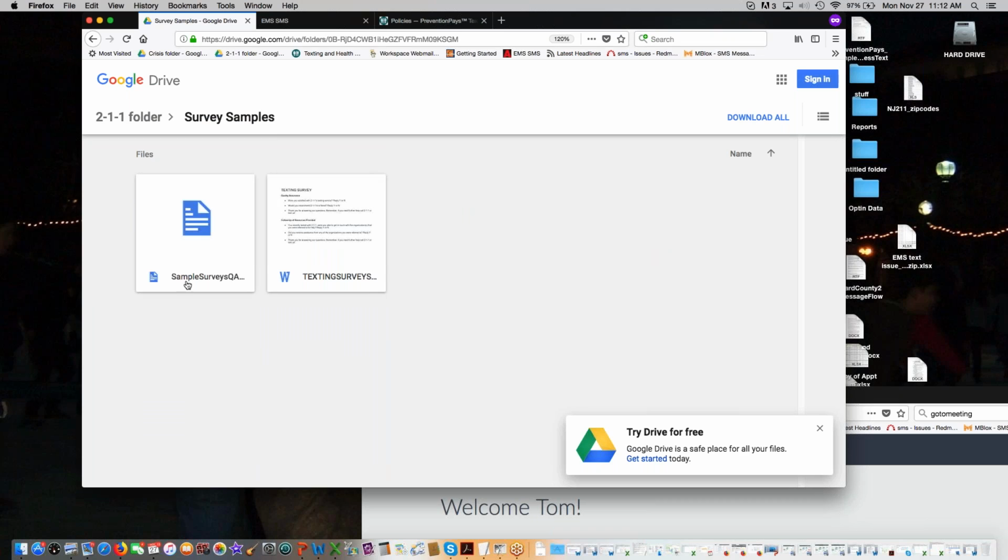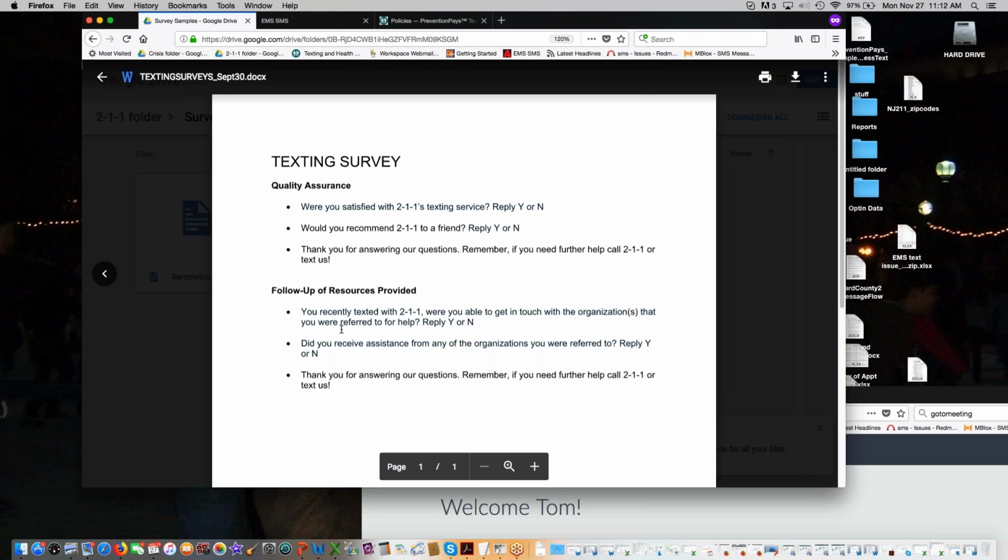Here are some survey examples. Now, these examples are very simplistic. A survey can be very complicated potentially. You can have, for instance, some 211s that are doing SNAP screening. And in some cases, there's a 211 outfit in Wisconsin that has a food bank referral